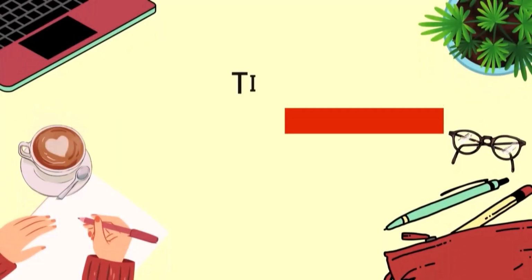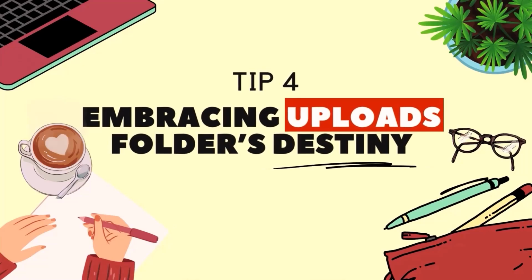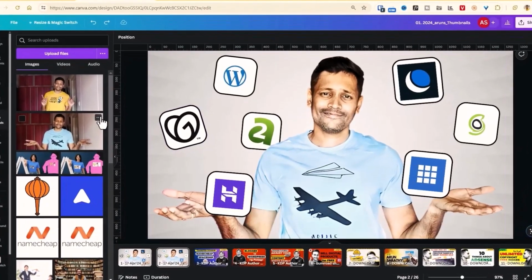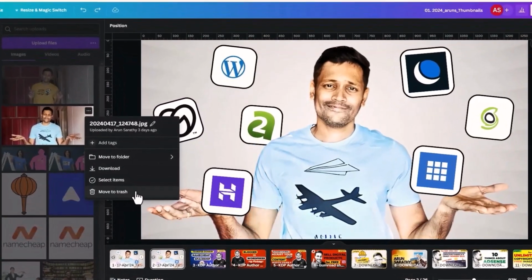Next, Uploads folder. You see, you can never organize the Uploads folder. But you may have your uploaded graphics already used within some design. Unless you have some repeatable designs lying inside your uploads, you can delete all of them and send to trash because you already have a copy of them inside your designs. These uploaded designs are just adding to your space and clutter.